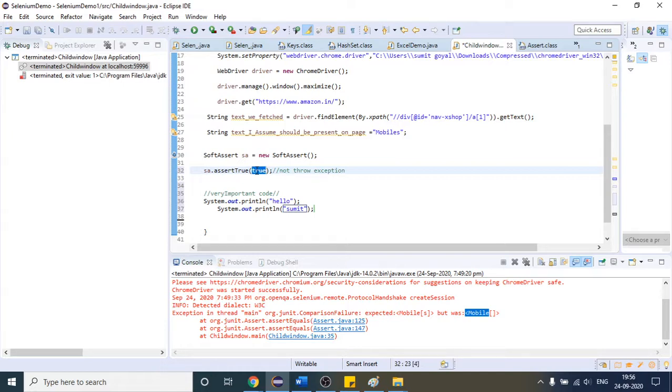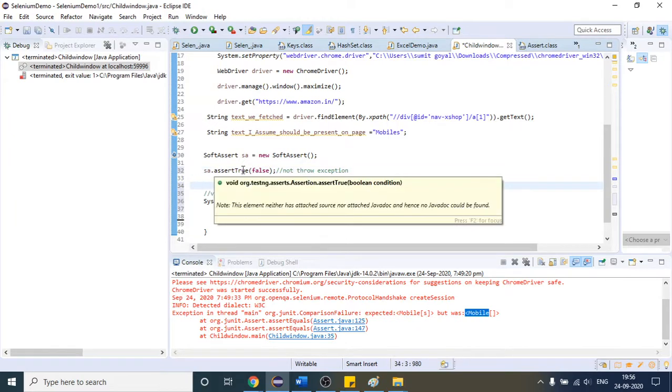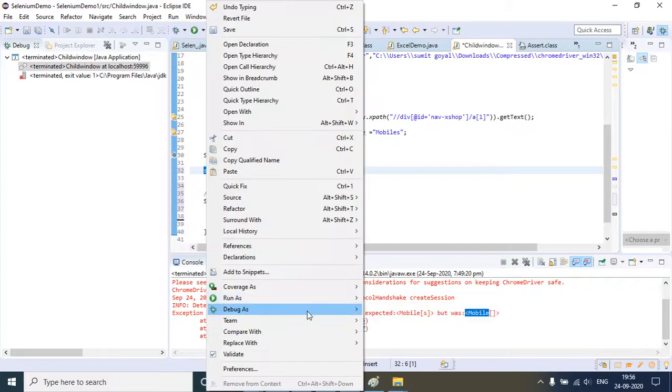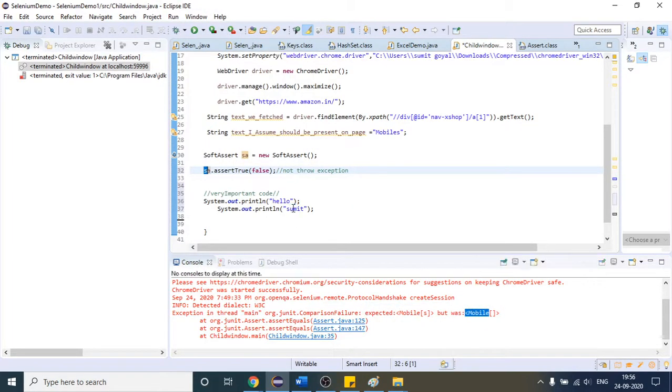You can apply whatever I have explained in the hard assertion here as well. So suppose I write false, then with a hard assertion it should throw the exception, because it is finding false inside. But this case is of the soft assertion. So if I put one debugger here, as we have already done, and try to run this, see what will happen.